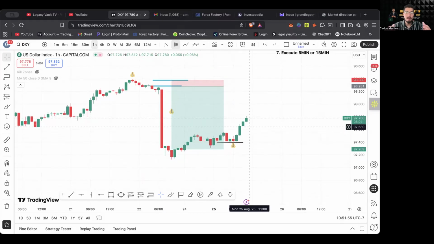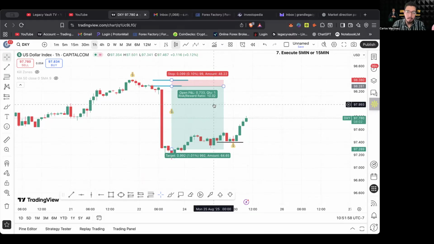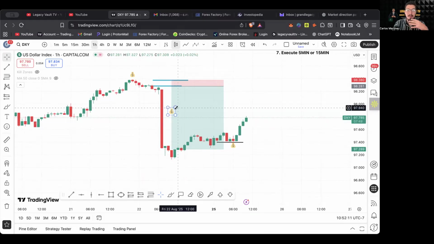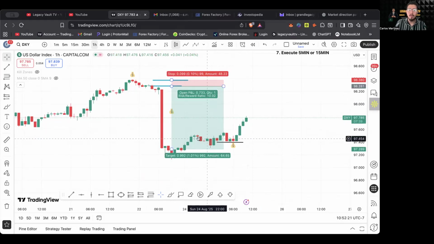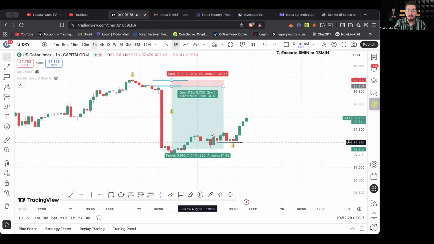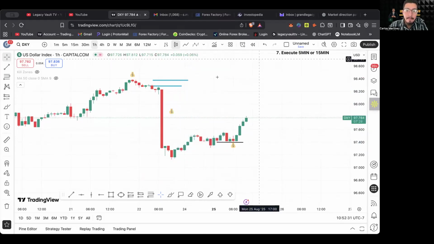Some traders are still in the sell position, or there are still some sell orders that are open from these sellers. If I was selling in this position, I would have been closing my trade. I wouldn't keep my position open because now buyers are taking over and price is coming back up to fill this gap. So I would have been closed out of my trade, right? When I see this happening. So anyways,